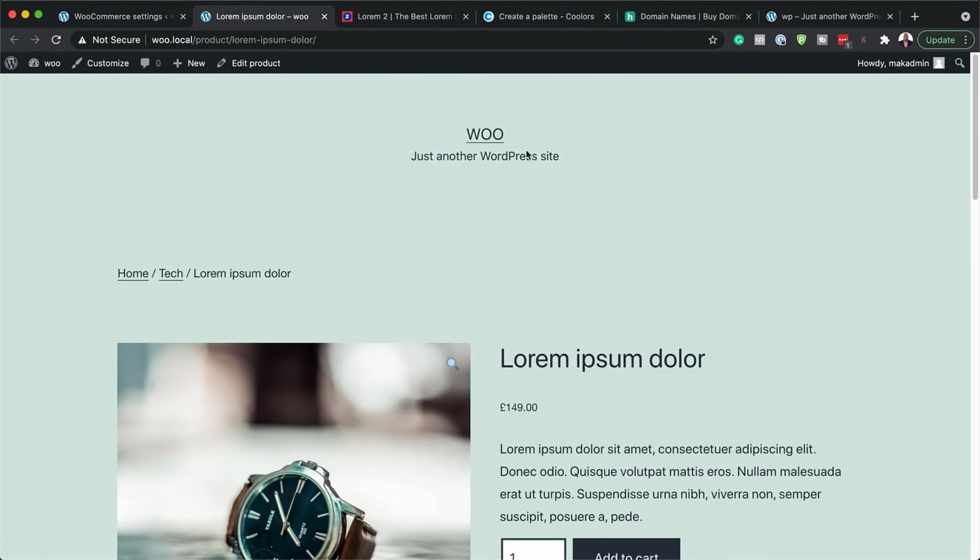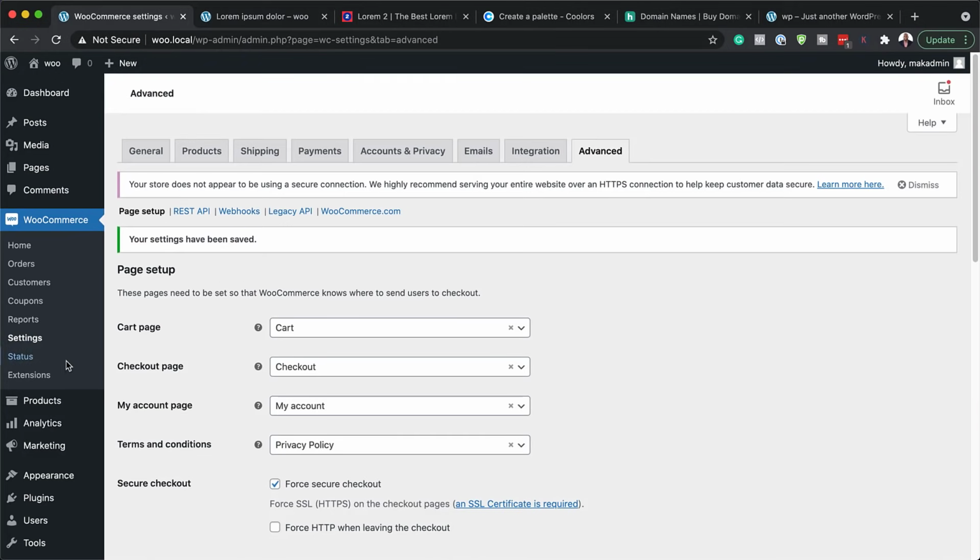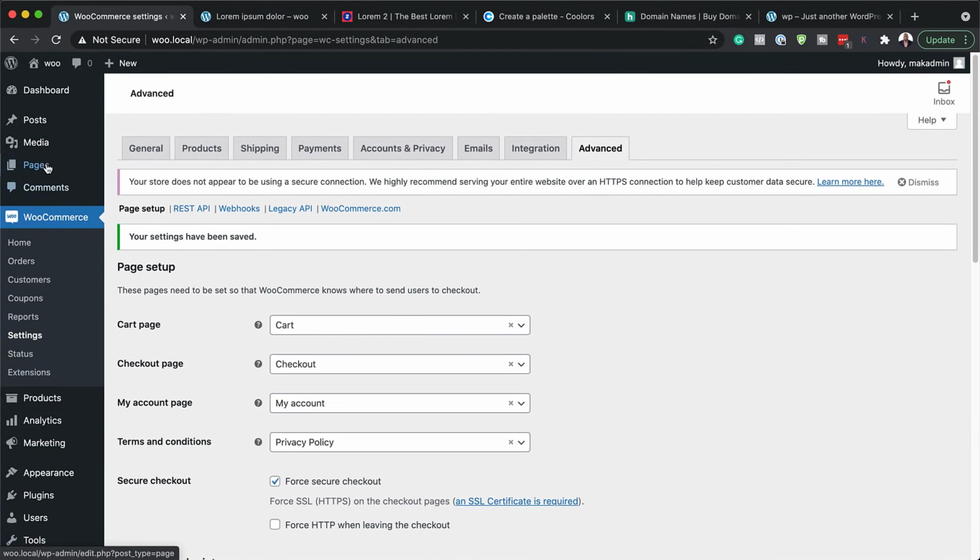So if I go to my website, you can see here, I don't even have a menu. We have the breadcrumbs here, but this is not good enough. We want to have links here that make it easier for our visitors to navigate our website. So I'm going to come back over here, and we are going to first of all create a new page